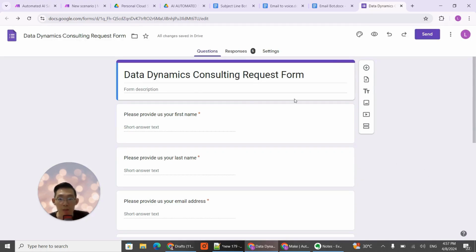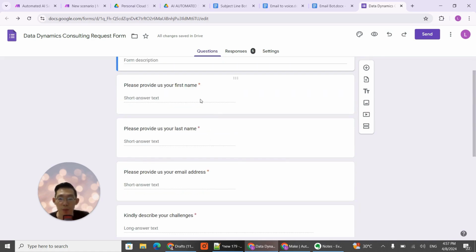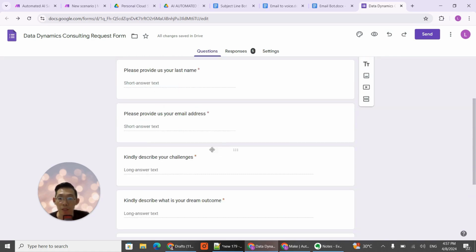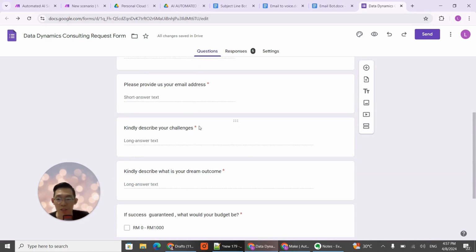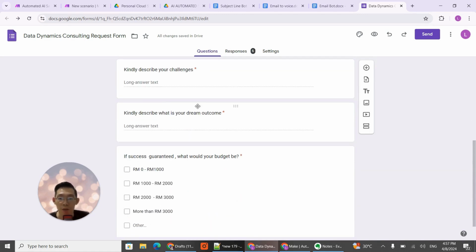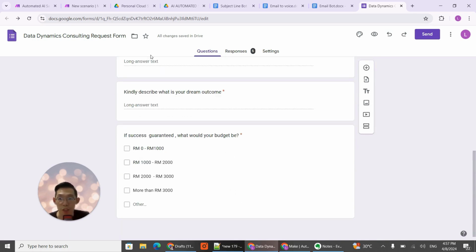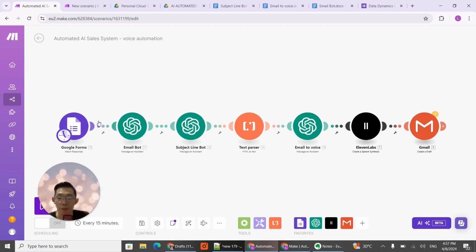It's a consulting request form, which I'm going to send to customers or users. They will put in information about themselves: the email address, the challenges they currently have, what kind of dream outcome they would like to achieve by using my services, and also a quick budget. Once the customer fills in the information on the form itself, it will start to run through